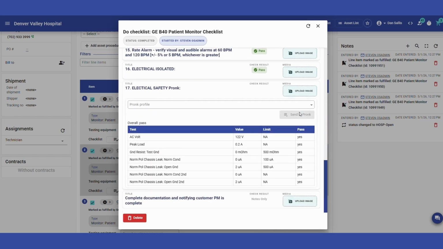Now, if I take a moment to scroll all the way down to the bottom of this list, I can see that I performed a Prompt electrical safety test on this asset, and all of my readings from that device are listed right here. I can also track exactly which Prompt device and serial number were used, which helps me ensure it was fully compliant and properly calibrated before I ran the checks on this specific asset. This process is fully automatic thanks to our Prompt integration, and we provide seamless support for a wide range of other testing equipment like Fluke. Back to